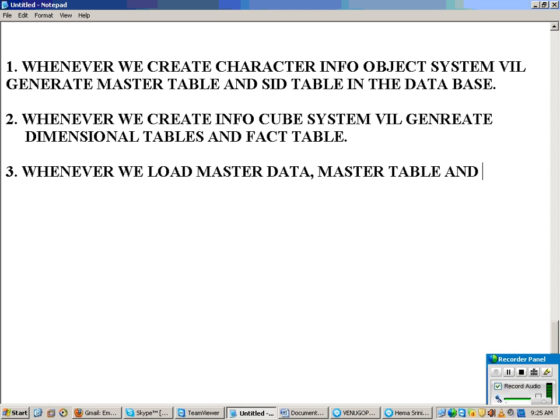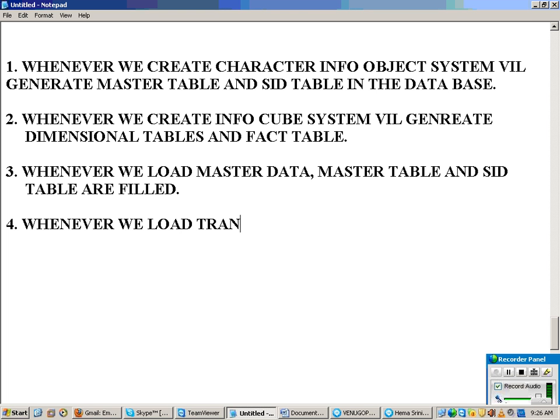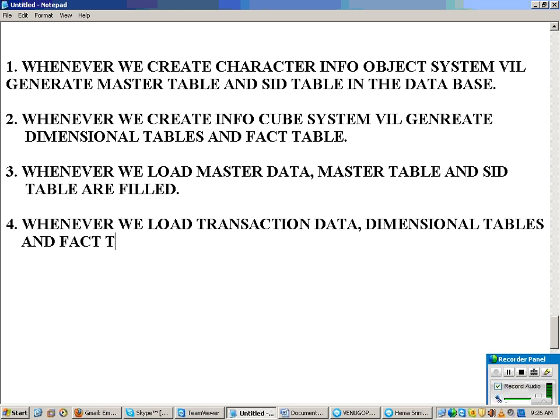The master table and SID table are filled. And whenever we load transaction data, what happens? The dimension tables and fact table are filled.